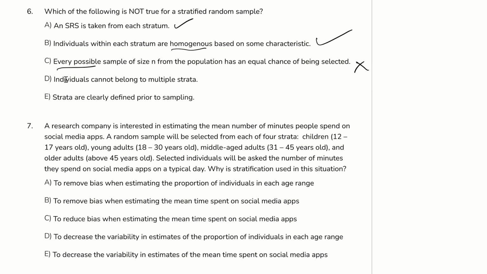So let's look at part D. Individuals cannot belong to multiple strata. That's actually true. An individual has to belong to only one stratum, can't belong to multiple. Strata are clearly defined prior to sampling. Yes, you have to define the strata prior to doing a stratified random sample. So you can eliminate the other ones, and this is the only one that doesn't seem to be remotely